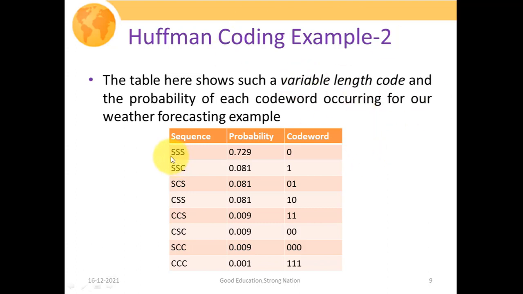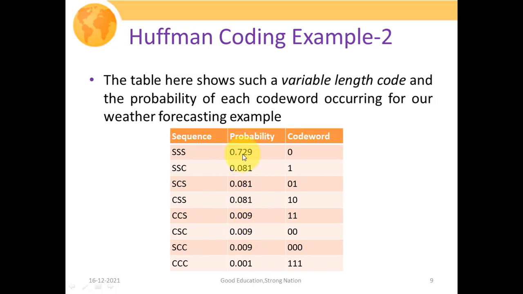So on 3 different dates, the weather will be all 3 days sunny, sunny, sunny, and the probability associated with it is 0.729. For sunny, sunny and the third day cloudy, it is 0.081, and similarly, all 3 days the weather will be cloudy, that probability is very low and equal to 0.001. These code words are not prefix-free codes, these are only distinct codes that we had already discussed in our earlier lecture. Now we are going to find out how to generate the Huffman code for this discrete memoryless source, which is going to generate these 8 symbols, and the probabilities associated with them are these.